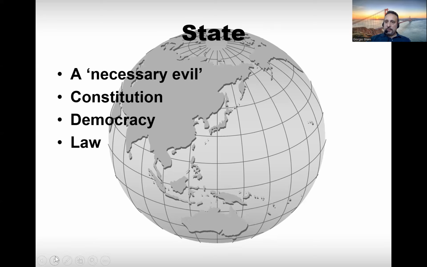They did not believe in extending the franchise, meaning giving more people the vote, because they felt that if you give more people the vote, particularly poor people the vote, they will take away your property. And liberals believe that there is a natural right to property. This is the foundation of the free market economy.